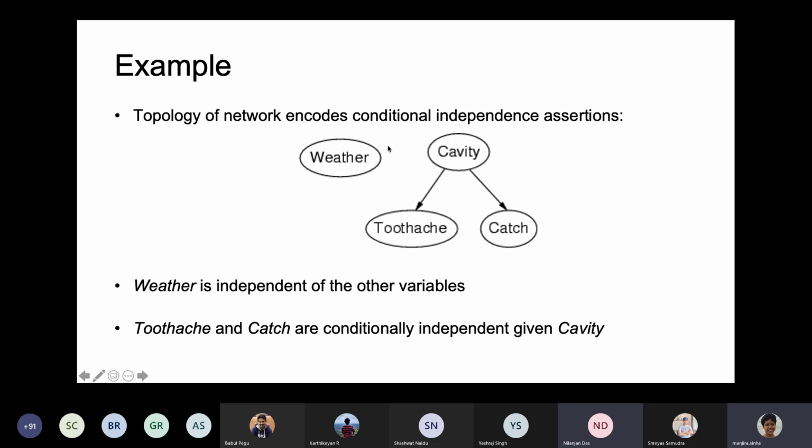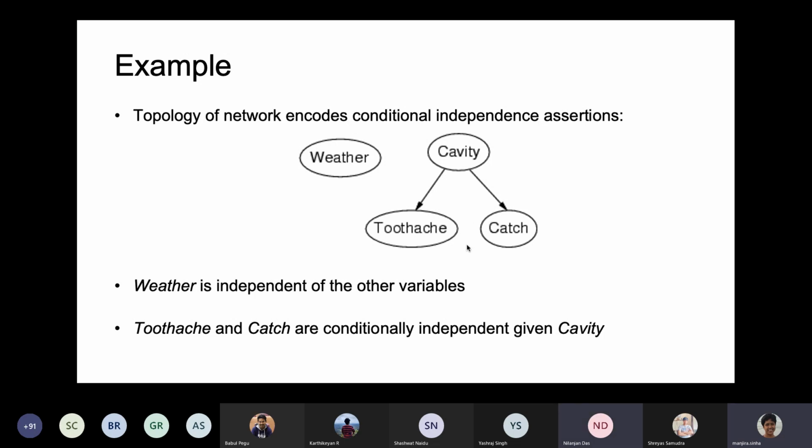Because weather is completely independent of the other variables and it is also not influencing the other variables. So your toothache is not dependent on the weather. Whereas toothache and catch both are conditionally independent given cavity. So toothache given cavity and catch given cavity are conditionally independent of